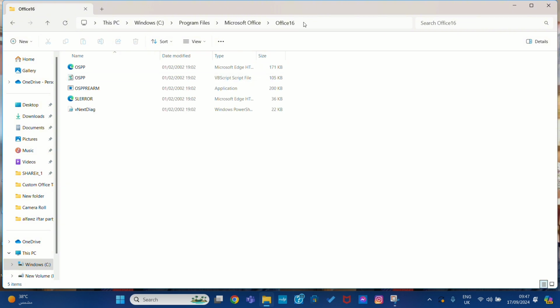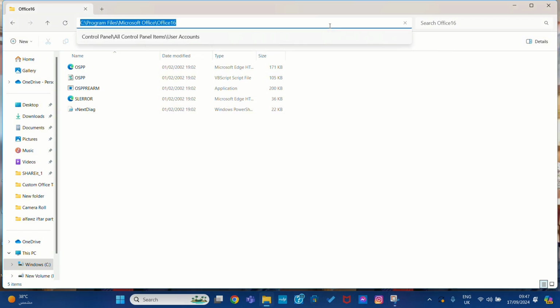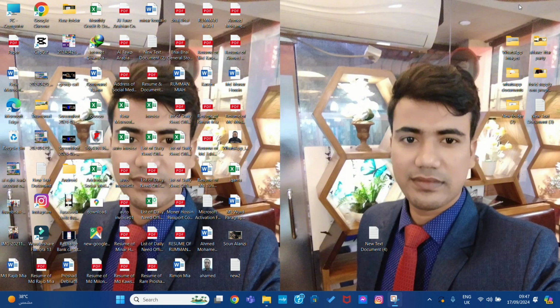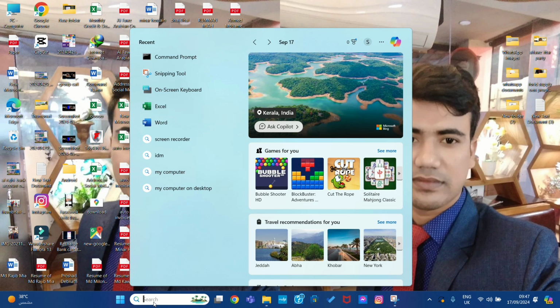Click the file location path, click the right button, and copy the text. Then minimize, go back, come to the search bar, and here type